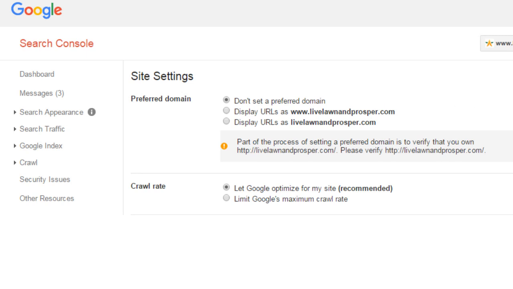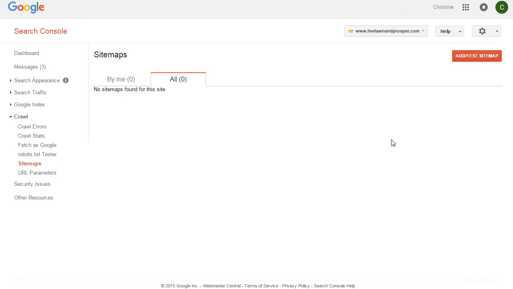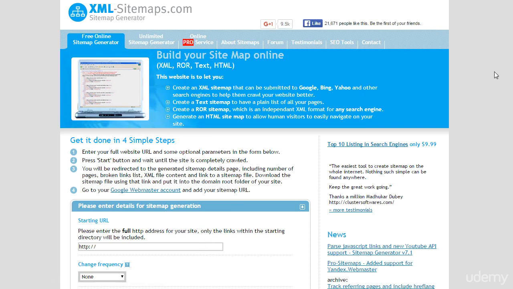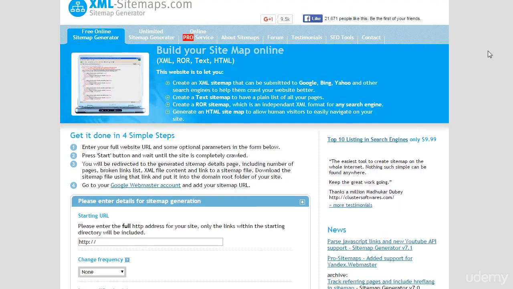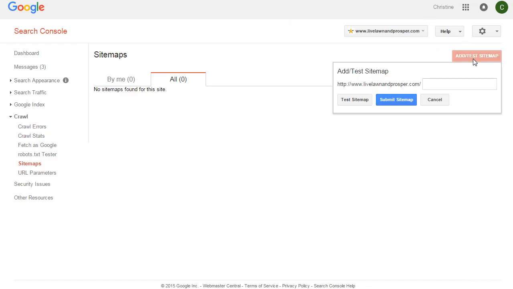And then finally, once that is set up, I will go back to my Google Search Console dashboard and click on Sitemaps. Now if you previously had a sitemap and you've added any new pages, if you have new URLs, this is your opportunity to let Google know about this. So I can go back to a tool like xmlsitemaps.com and throw in the URL here, and I can go ahead and download the XML file for that,